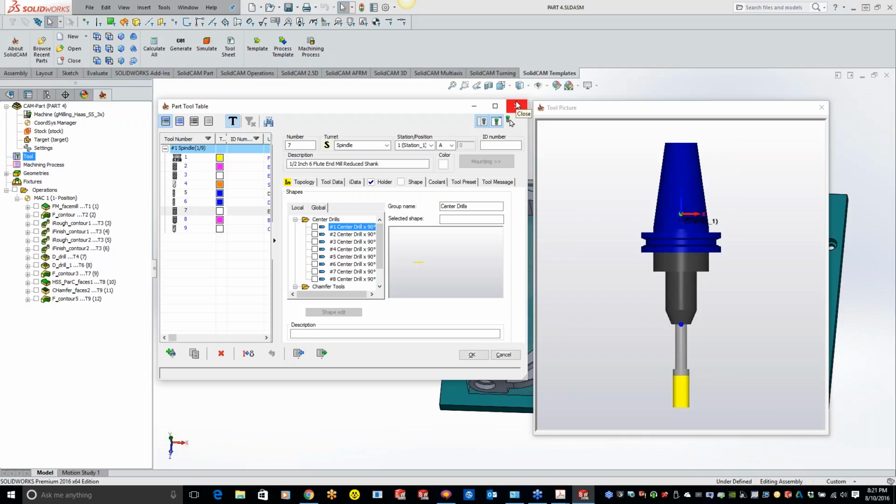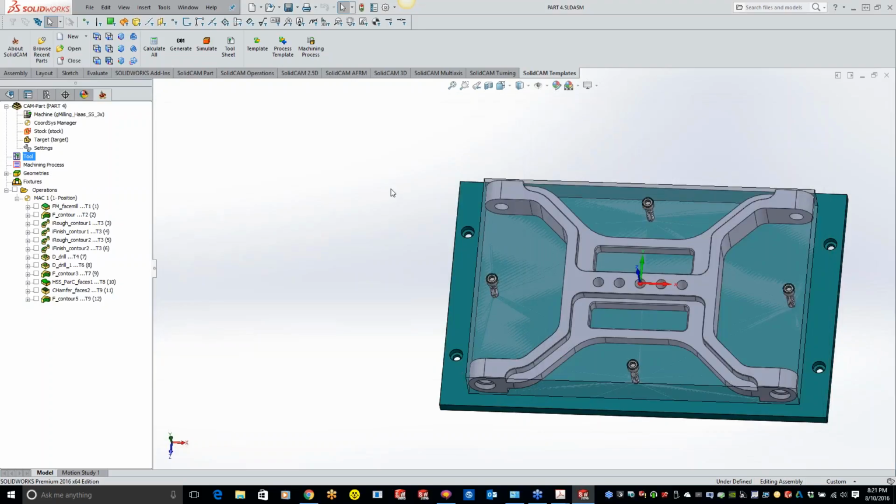Ronnie did have another question, Kevin. Going back to the MAC positions, is MAC 1 on the center line of the fixture, or is it set on a desired location of the part? MAC 1 position 1 is always easiest to do on the center line of the rotary table.